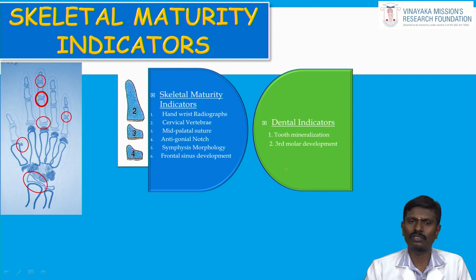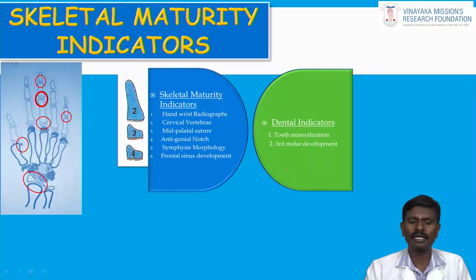To identify this, we should know some skeletal maturity indicators. These are the basic things about growth and growth maturity indicators that we should know very clearly for treating with myofunctional appliances or skeletal problems in class 2 and class 3 cases. In all the rest of the cases, you need not see the skeletal maturity indicators, such as normal, severely crowded or severely spaced cases at the age of 13, 14, 15, 16 and so on. But if the patient is skeletal class 2, with prognathic maxilla, retrognathic mandible, or prognathic mandible or retrognathic maxilla,